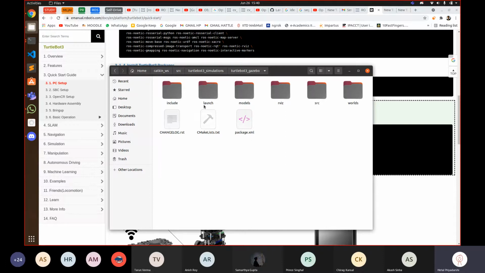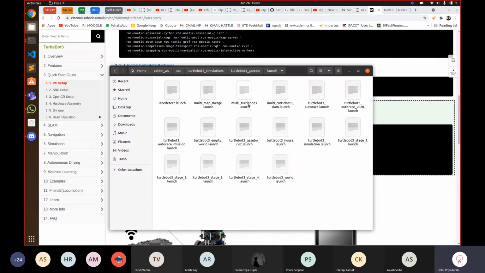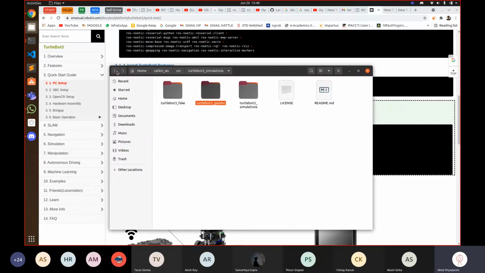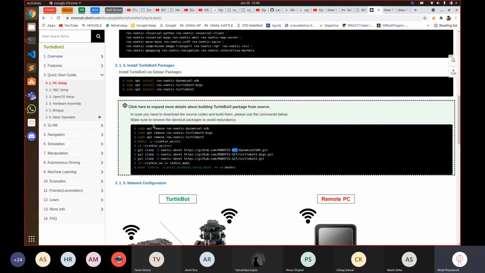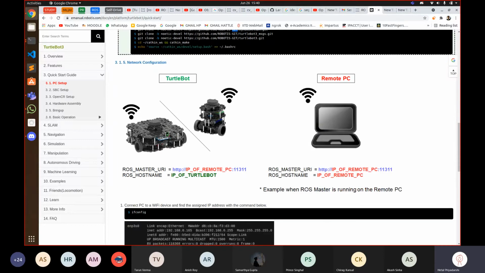In the Gazebo folder, Gazebo is a package for simulation in which there are multiple launch files which launch different types of environments, which I'll show you after we finish all the steps. So basically after completing this 3.1.4 expanded part, your TurtleBot is set up.